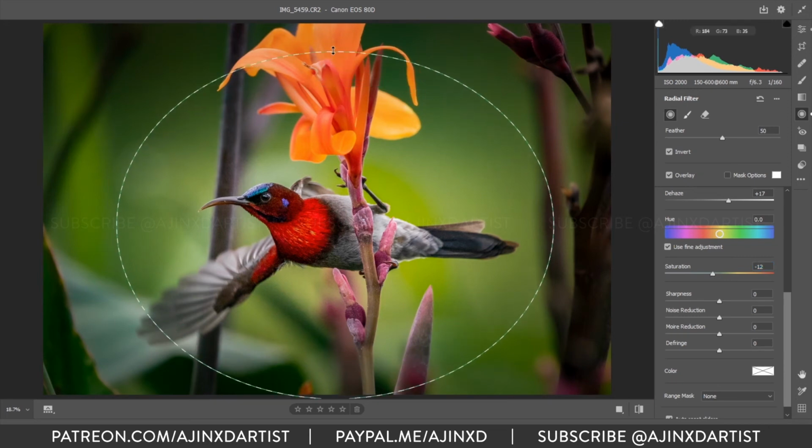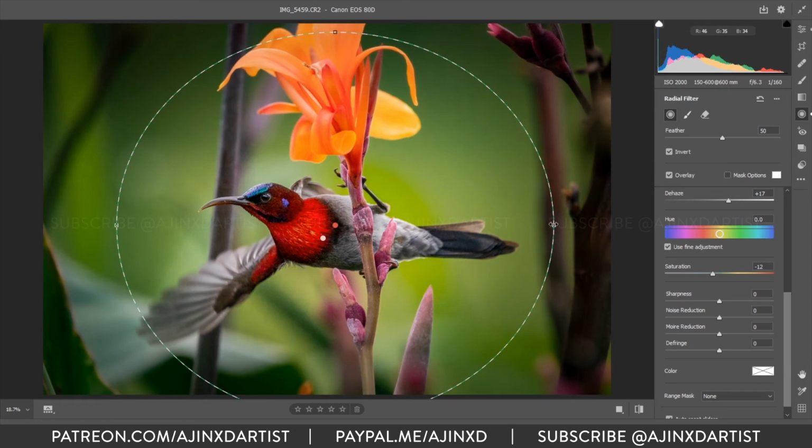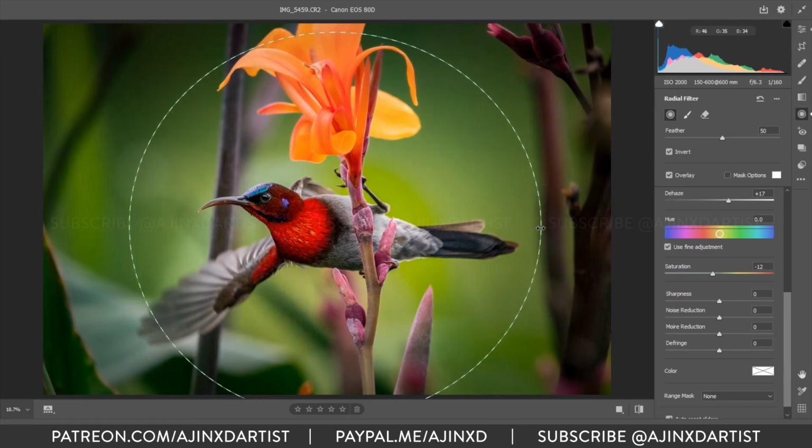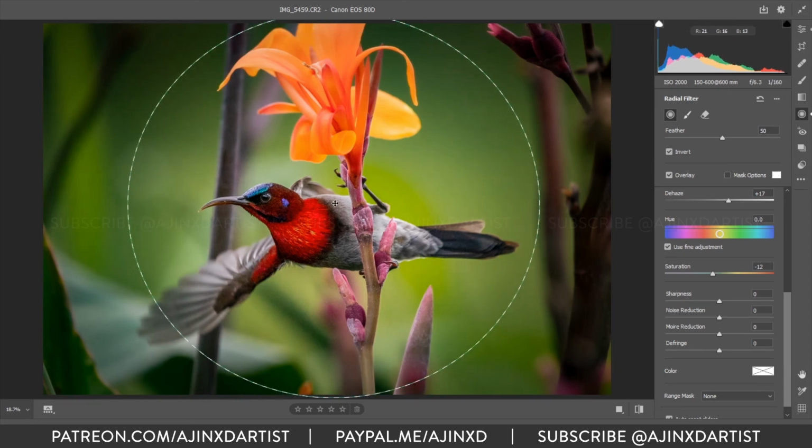Maybe I should include our flower as well. Yeah, so the saturation shouldn't affect it, but it's close to the edge, so it's a feather edge and it's affecting the flower, so not too much.